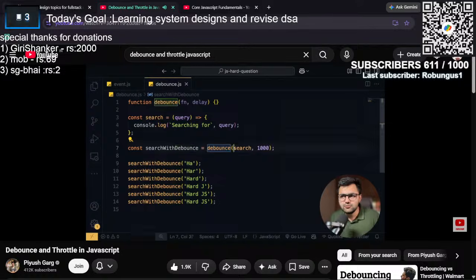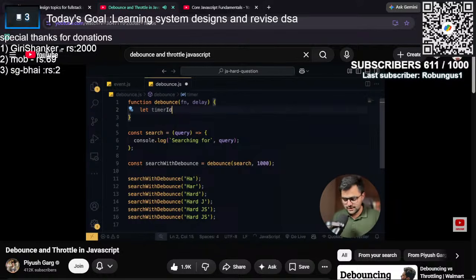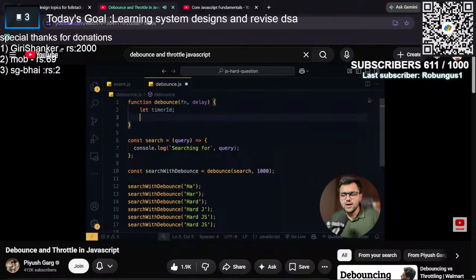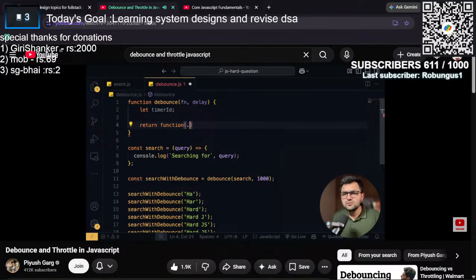तो ये टेक्निकली डिबाउंस फंक्शन क्या ले रहा है, फर्स्ट पैरामीटर तो मेरा फंक्शन ले रहा है, सेकंड एक डिले ले रहा है, एंड इन रिटर्न मेरे फंक्शन का एक ऐसा वर्जन रिटर्न कर रहा है जिसमें डिबाउंसिंग इनेबल्ड है। बहुत सिंपल है। देखो सबसे पहले एक टाइमर आईडी ले लो जो बाय डिफॉल्ट कुछ भी नहीं है। हम यहाँ से एक फंक्शन रिटर्न करेंगे, एंड यूजर उसके अंदर कुछ भी आर्ग्यूमेंट्स पास कर सकता है।